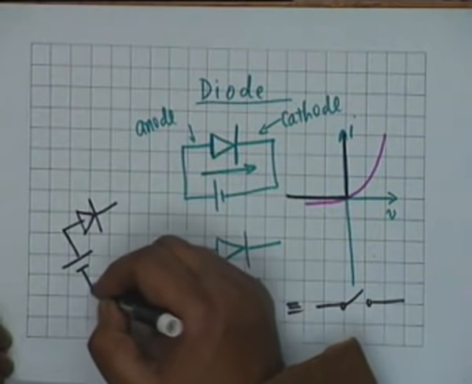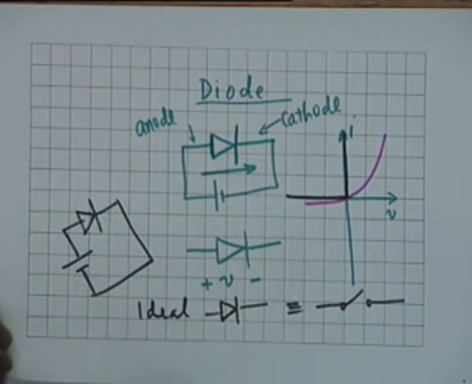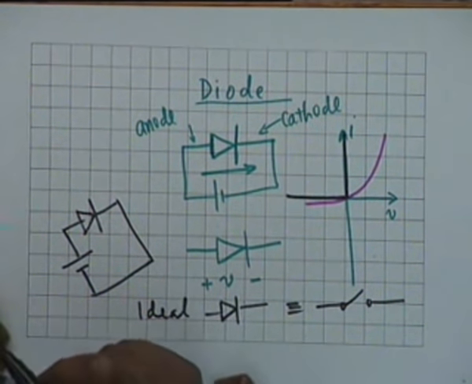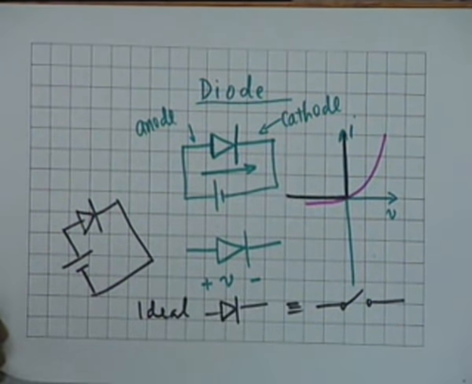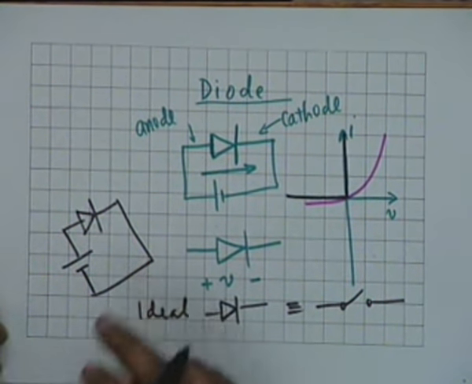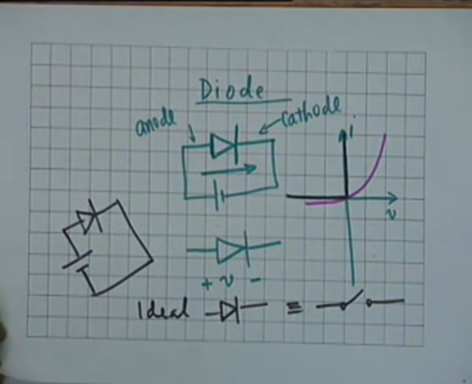And therefore, if an ideal diode is simply connected, one should not do that, but on paper there is no harm. Suppose an ideal diode is connected like this, then the current in this circuit shall be infinite. So, the diode shall burn. There are many diodes which are very nearly ideal, and one should never make a connection like this. A diode should never be connected across a battery directly, because even if it is not infinite, the current may be large enough to burn out the diode.